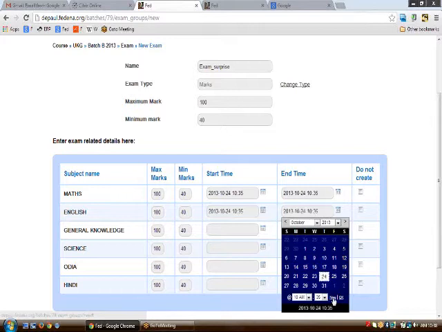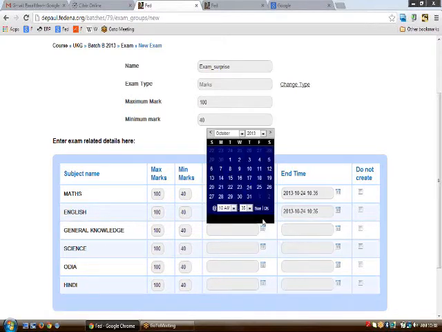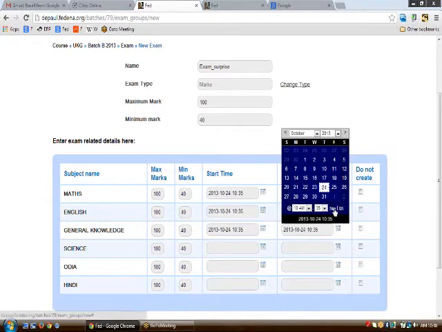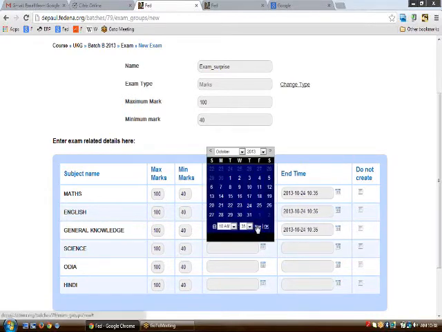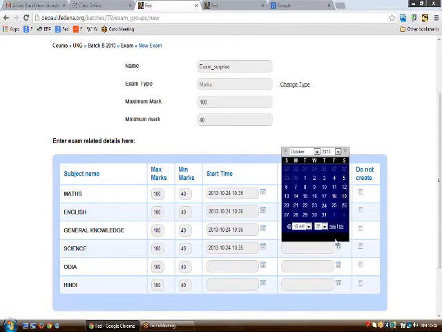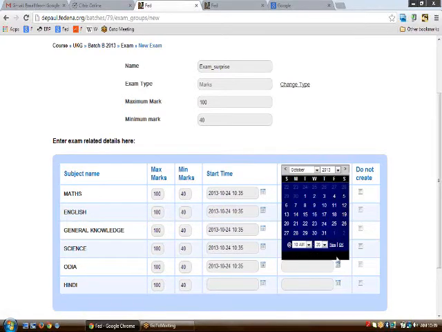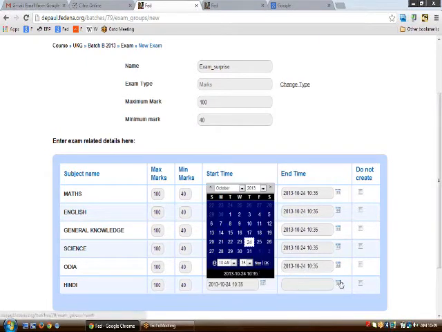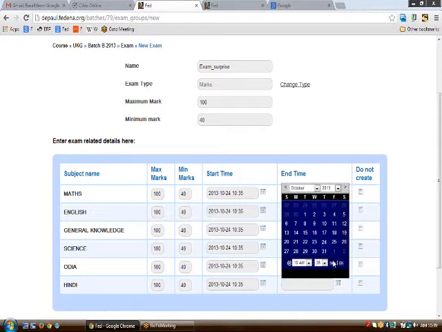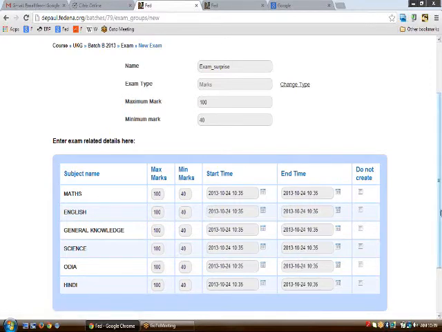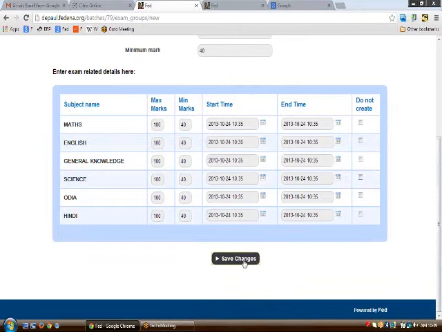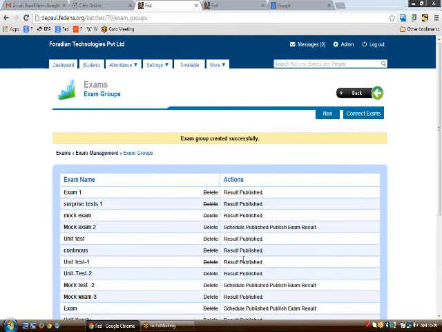Further, in some of the subjects in a particular batch, you can have some of these subjects which do not ask for an examination. So to deal with such subjects, you can just use the last column of this, which says do not create. So whenever you click upon do not create, these examinations won't be created for that particular subject. So on clicking upon save and changes, your examination schedule has been published, which would say